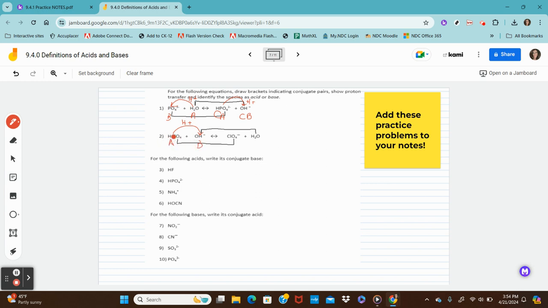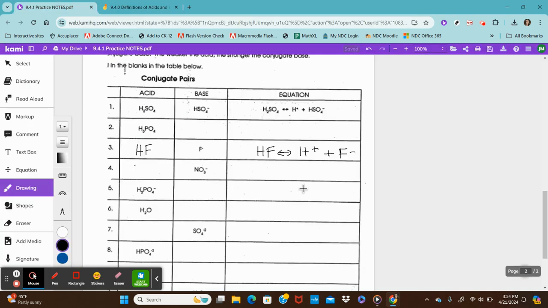If this is the acid, this has to be the conjugate base, and this is the conjugate acid. It all kind of falls in place once you identify one of them. This is the acid on this side. It is donating its proton to this ion right here. So this is very similar, if you're looking at 941 practice,